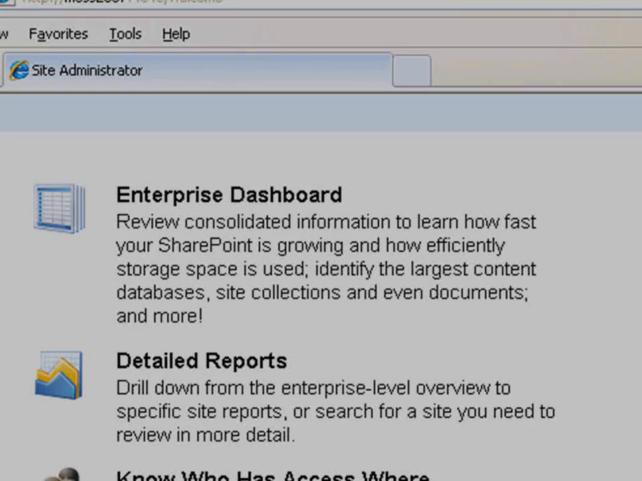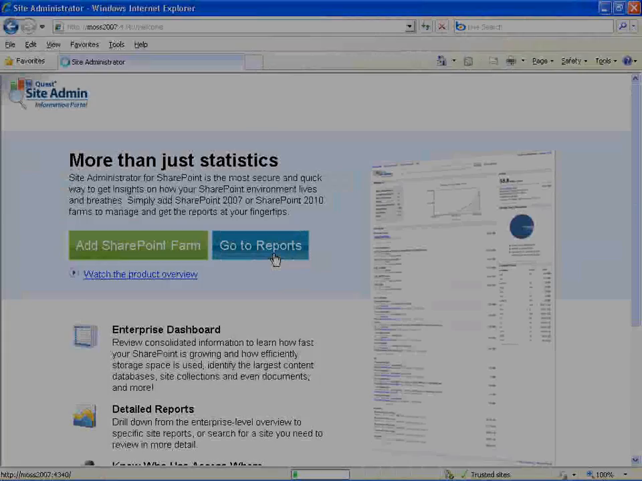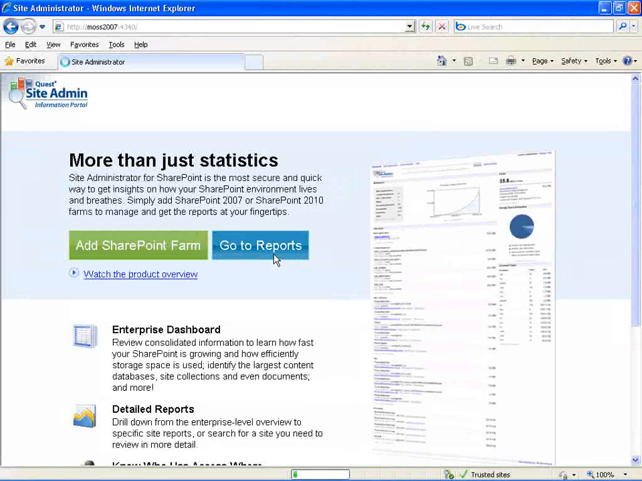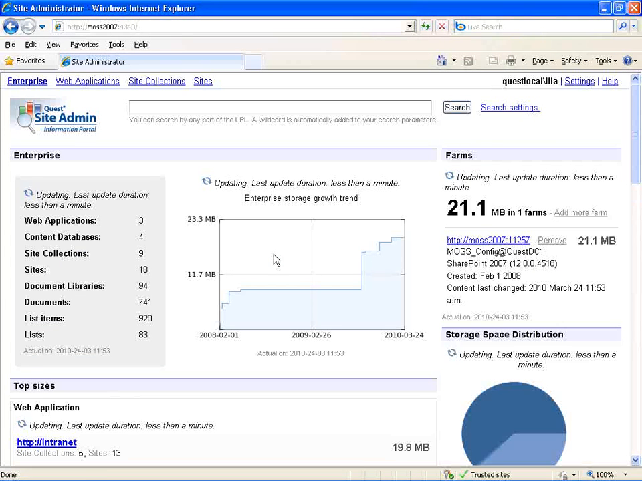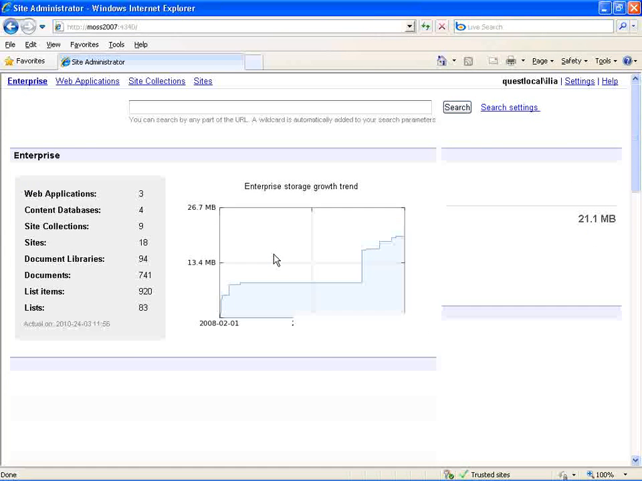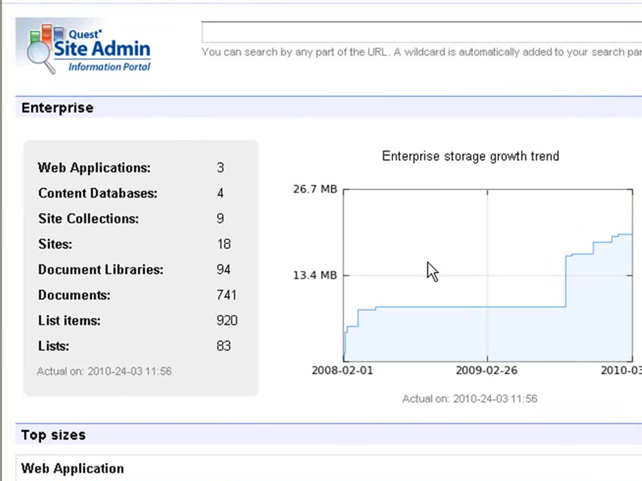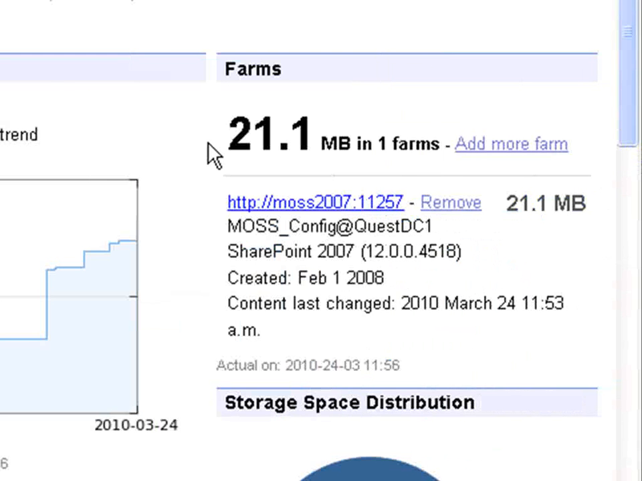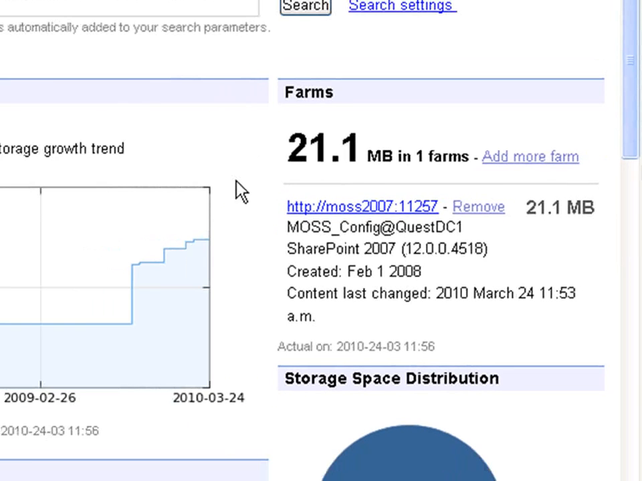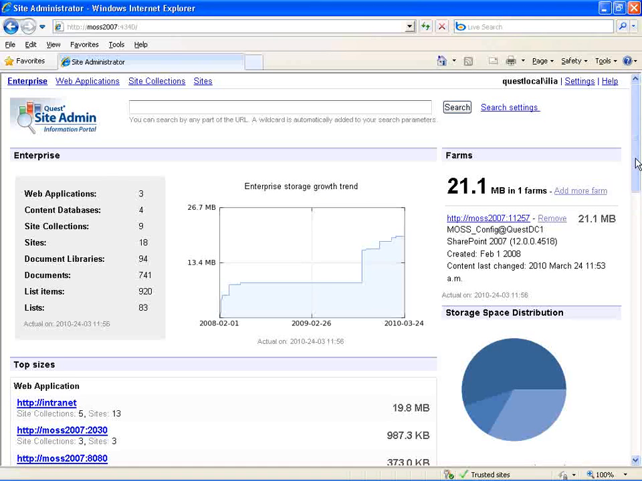We'll start with the Enterprise dashboard. To go to the Enterprise report, I simply go to Reports in the welcome page, and instantly I see the high-level aggregation across all my SharePoint farms in the environment that give me the insight on the scope of the environment, number of web applications, sites, lists, etc. I can review the list of SharePoint farms that are here, and I also can add more farms to these